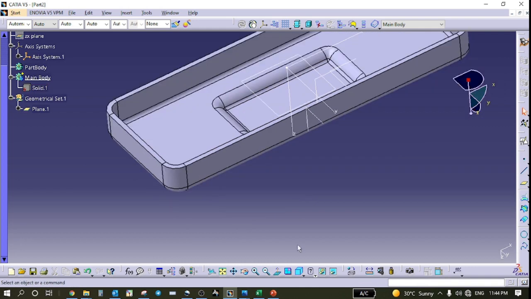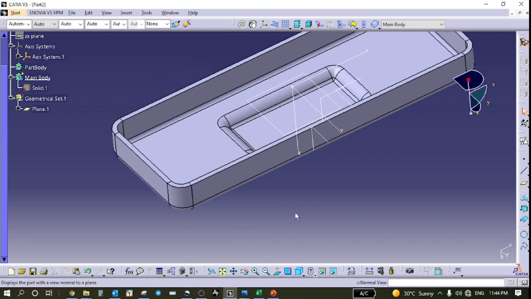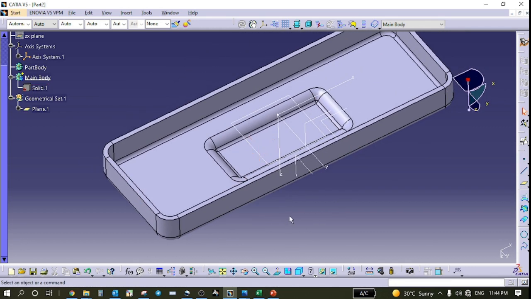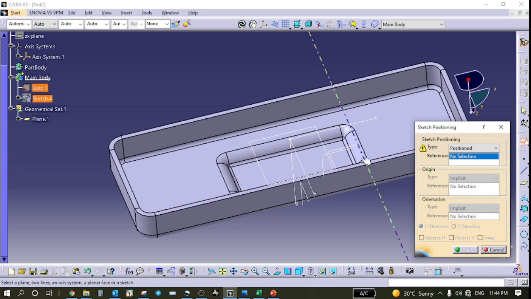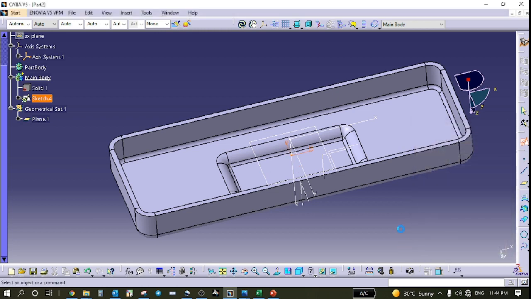Now let's see the last one, the honeycomb rib structure. So this is the main body, and all these parameters are the same, so we will start to design the honeycomb. So we take a positioning sketch, select a plane, flip vertical, okay.